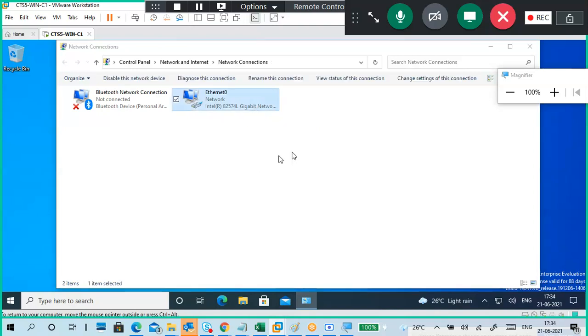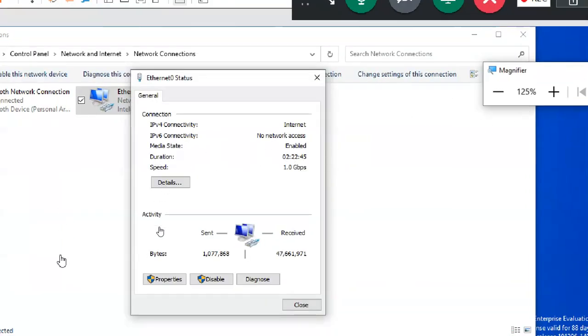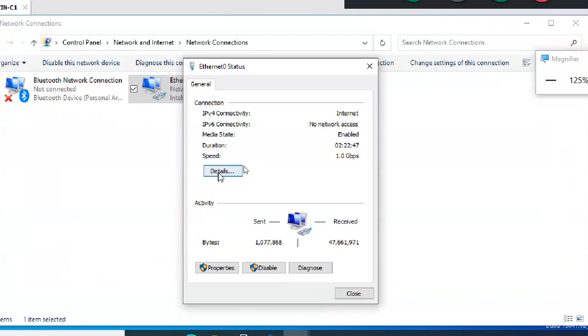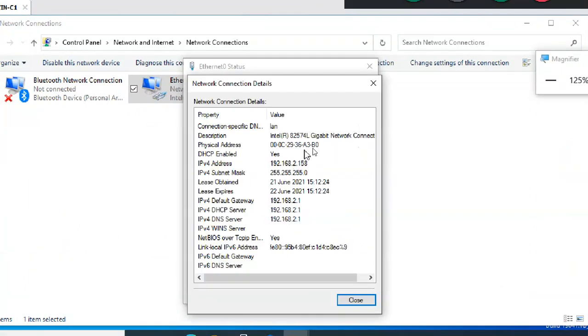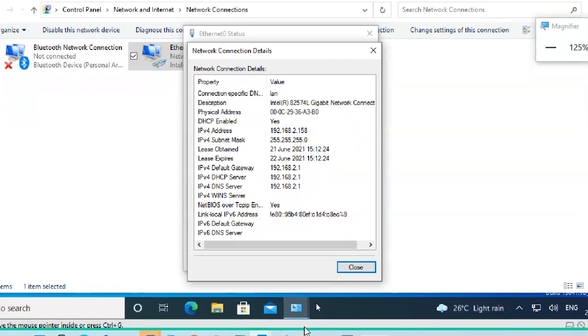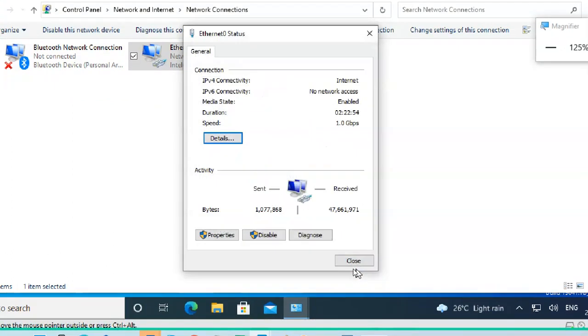So this is my network adapter. I open my network adapter. I want to see my IP address. So I saw my IP address. Very good. This is how you can see the IP address, right? Now I'm going to click on Properties.